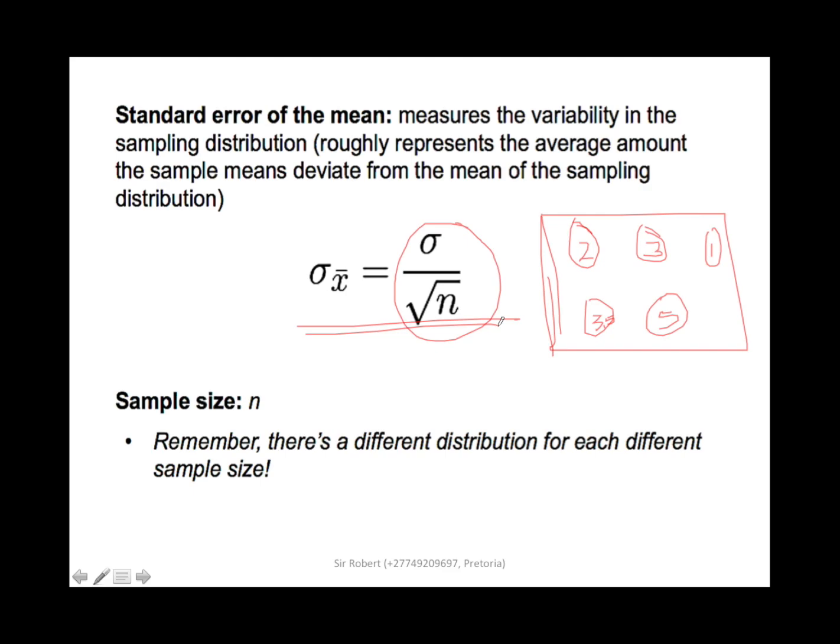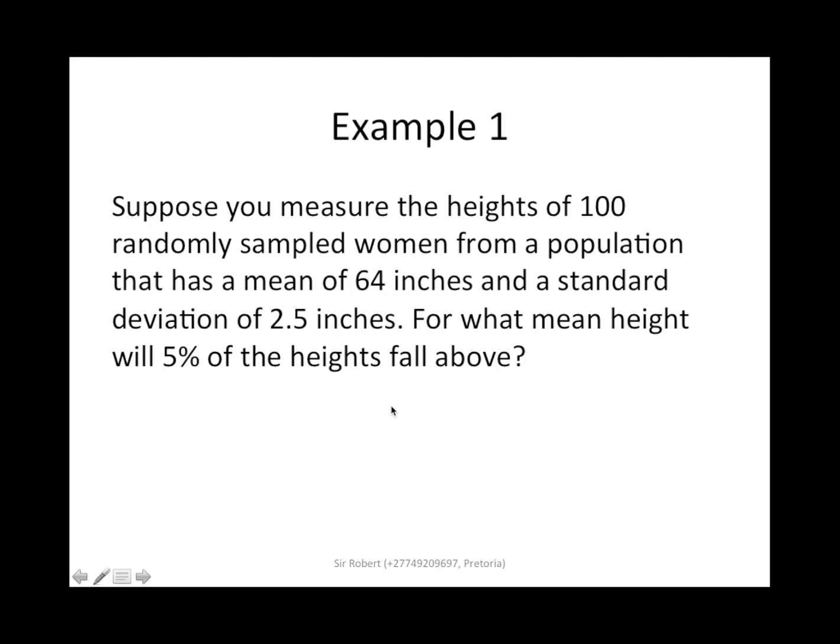So these types of theory can only be understood by doing some problems. So let's move on to example 1. Suppose you measure the heights of 100 randomly sampled women from a population that has a mean of, this is the population mean, and a standard deviation of 2.5. For what mean height will 5% of the heights fall above? So another keyword, fall above. So we are looking for a greater